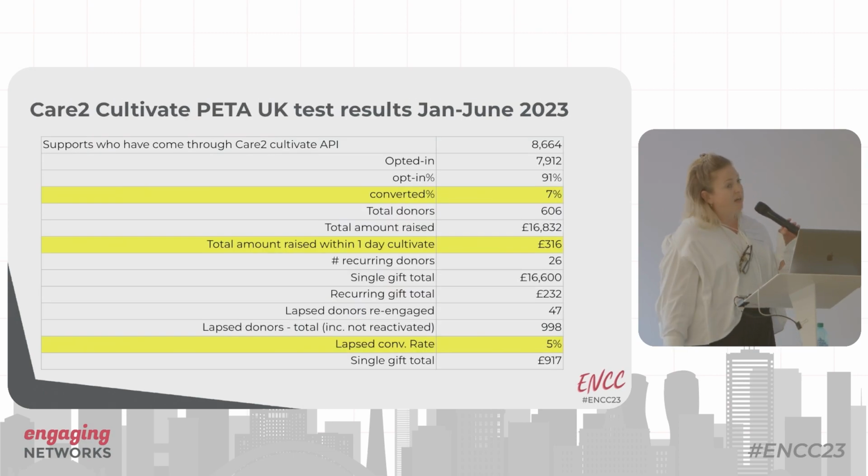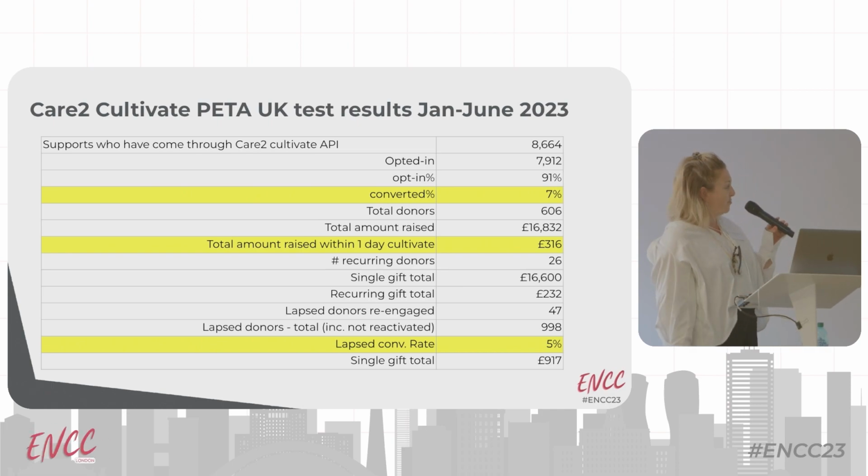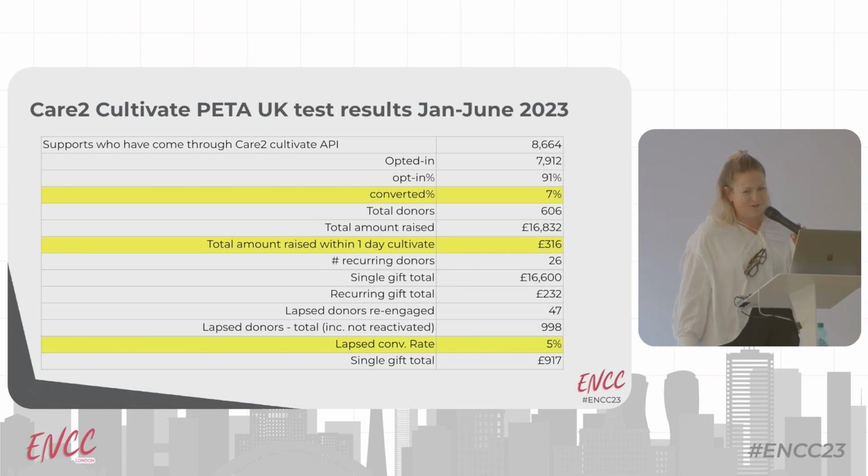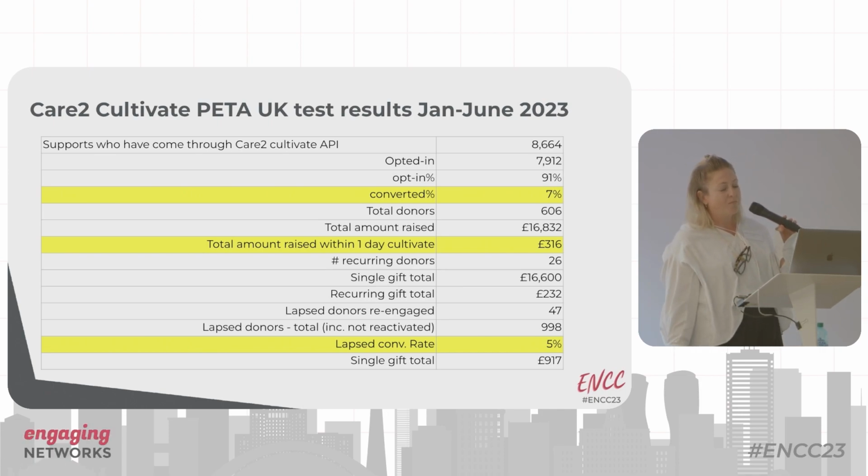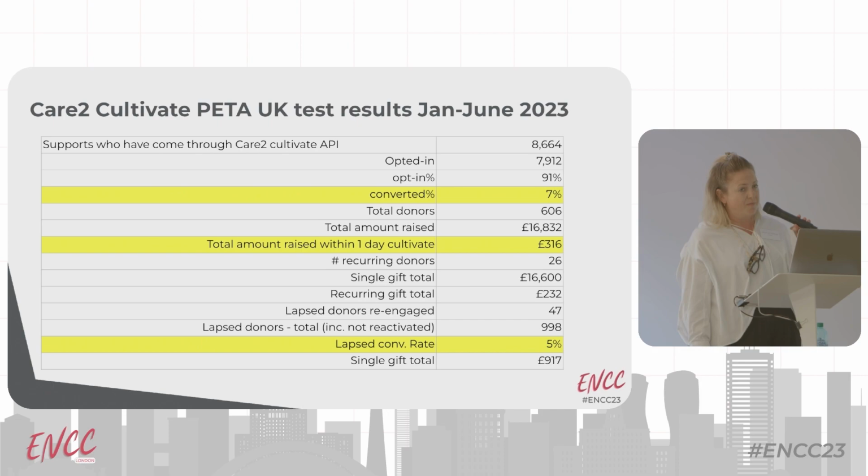So we have an API with Engaging Networks and Care2, and that's pinging back into the PTUK Engaging Networks API. And here we have lots of text on the screen, so I'm not going to run through that, but just to pull out some numbers, 7% conversion rate, total amount raised within 1 day of cultivation, £316,